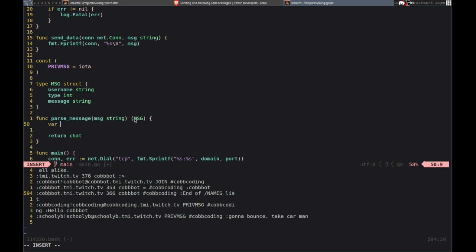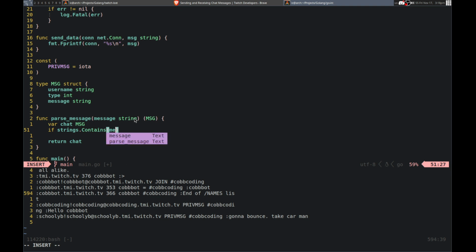Okay, so yeah, I will make this a chat, which is a message struct. Maybe I'll just, yeah, like that. And that's going to be kind of confusing with this, so I'm going to call this message. Okay, so we get that, and then we can get the type. So if we can basically just do if strings dot contains, if the message has a private message, then we'll set the type